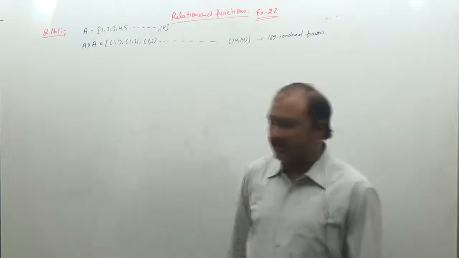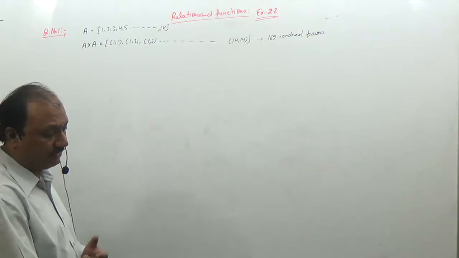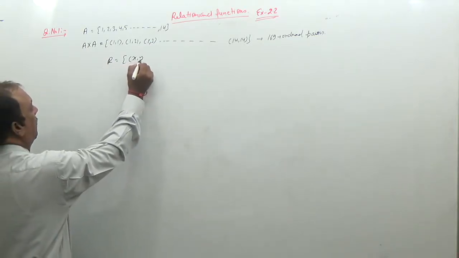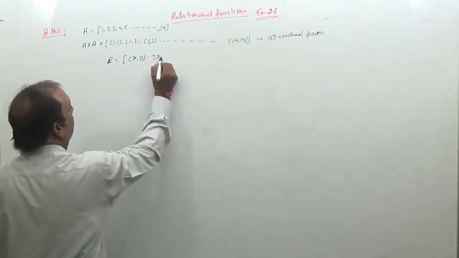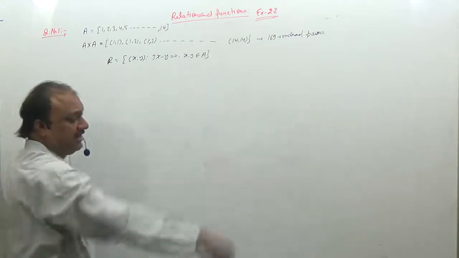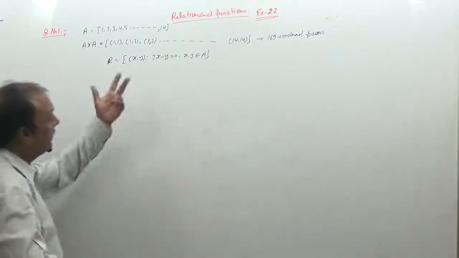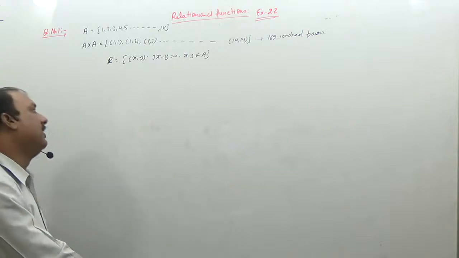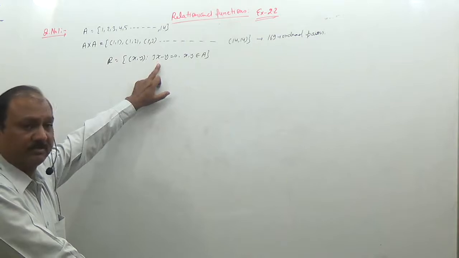Now, we want to form a relation which is defined as in the question. So, R is a relation which has ordered pairs (x, y) such that 3x minus y is equal to 0, and x and y both are elements of set A. So, there are 196 ordered pairs in A cross A. So, filter all ordered pairs from A cross A which follow this condition.